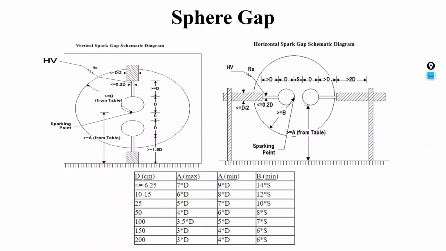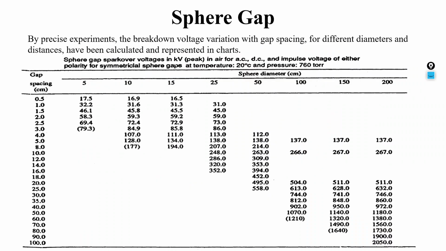So what we have done, we have initially kept the spacing maximum. In order to determine the voltage at the high voltage terminal, we go on reducing the spacing between the two spheres gradually, and we find out the spacing at which the gap between the two electrodes is going to spark over. That spacing can be measured with the help of a scale, and corresponding to that spacing, we can find out the breakdown voltage by using the standard chart.